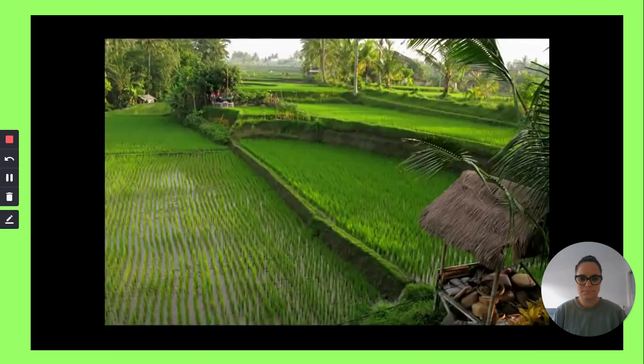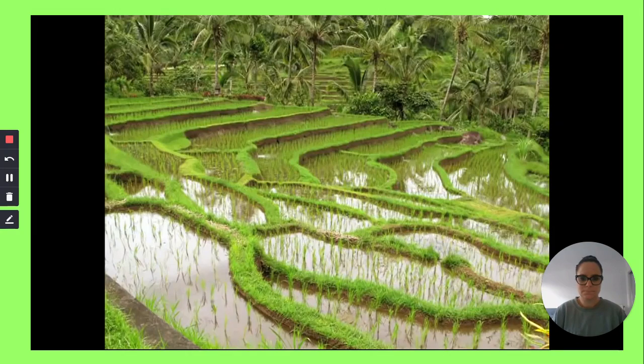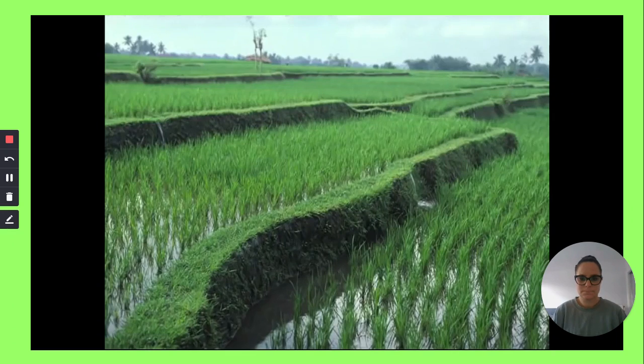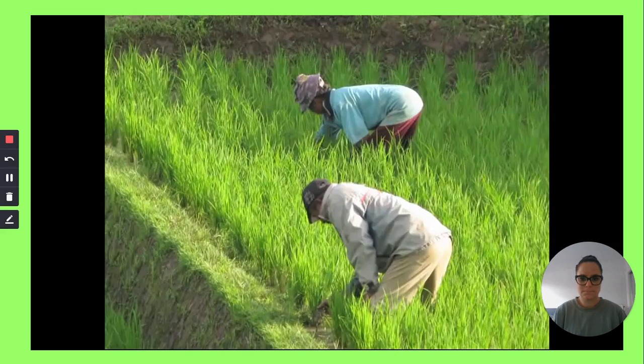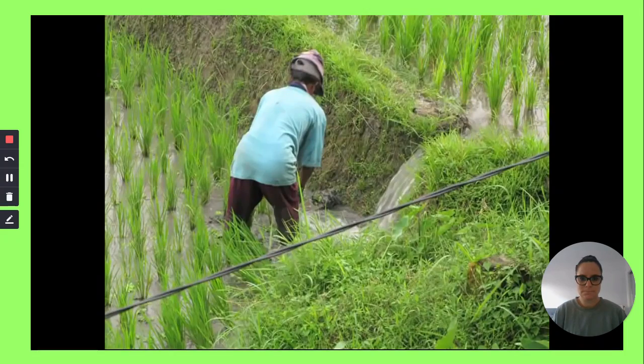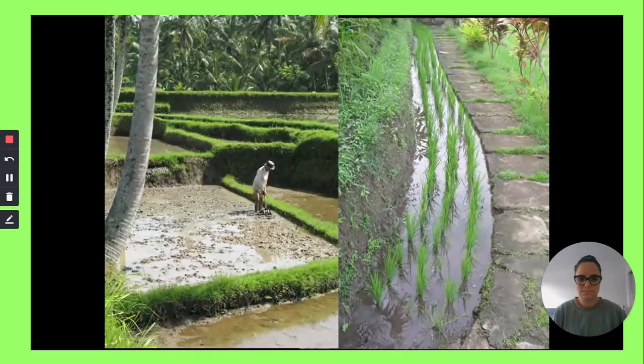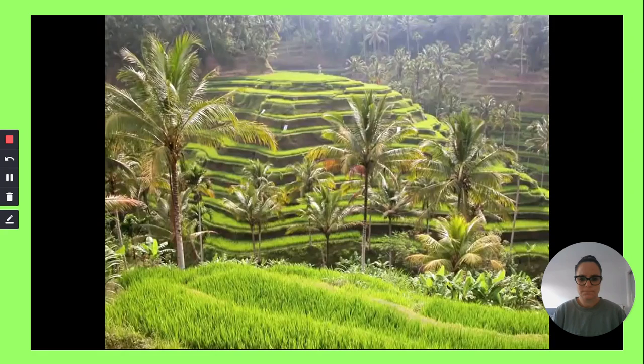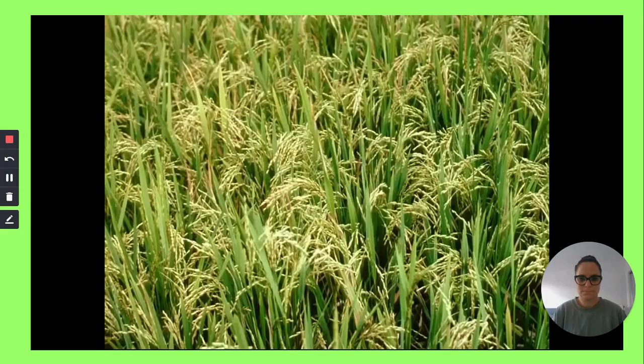Water isn't stagnant in the paddy. There's a slow but steady flow through the fields. The sound of running water is everywhere, and it takes a lot of effort to keep the paddies free of weeds and with just the right amount of water. Every inch of land is used. In about 60 days, the rice begins to flower and set fruit. The terraces are spectacular. Finally, the grain is ripe and ready for harvest.